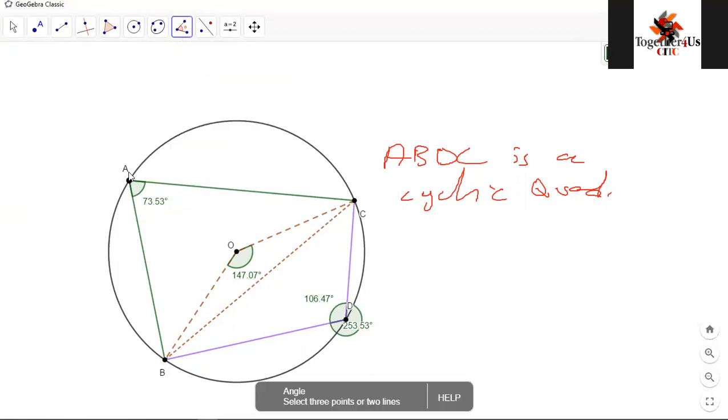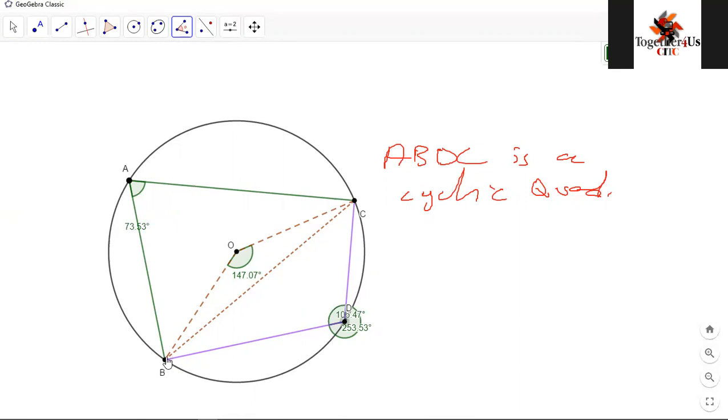Oh, no, I forgot to select. I'm sorry. Keep on doing it the other way around when it should be the other way. There it is. Let's go for this one here. Yeah. Now check. What I want you to notice is this one here is 90.27. This one there is 89.73. This one here is 106.47. That one is